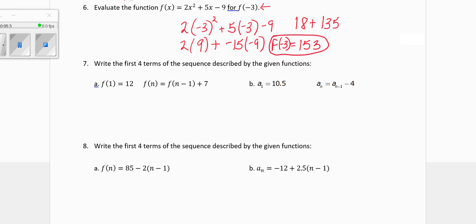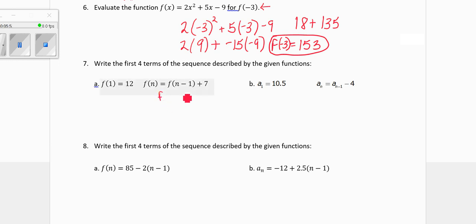Number 7, write the first 4 terms of the sequence described by the given functions. So a, f of 1 equals 12. So my first term is 12. And I want to know what my next 4 terms will be. So if my first term is 12,